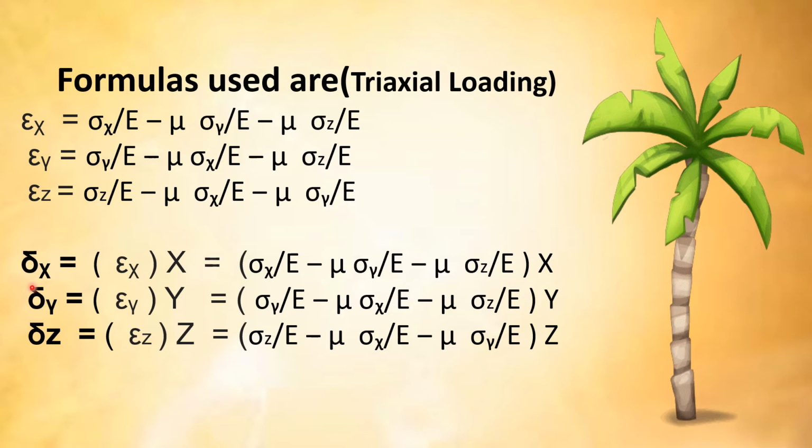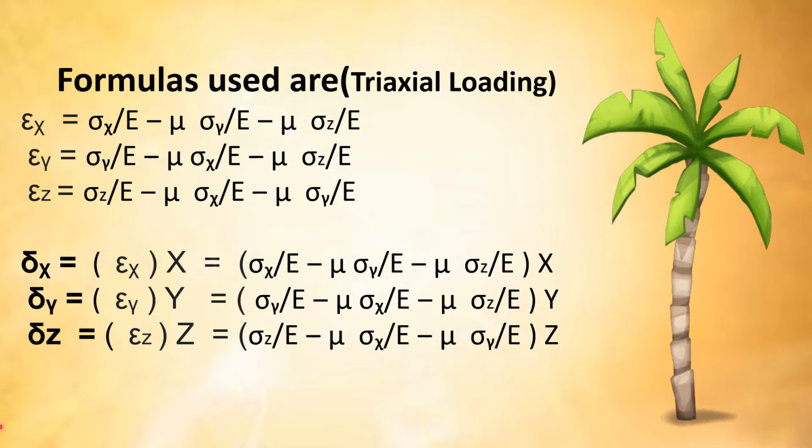Now change in x direction, delta x is equal to epsilon x into x. Substituting the value, epsilon x is bracket open sigma x divided by E minus mu sigma y divided by E minus mu sigma z divided by E into x. Change in y direction, delta y is equal to epsilon y into y, which is equal to bracket open sigma y divided by E minus mu sigma x divided by E minus mu sigma z divided by E bracket close